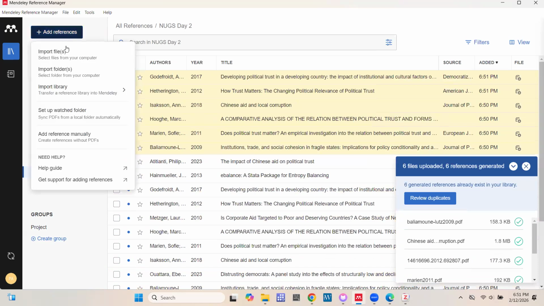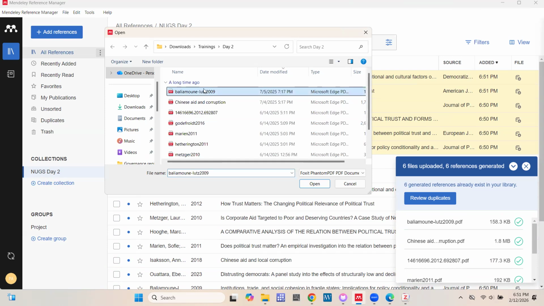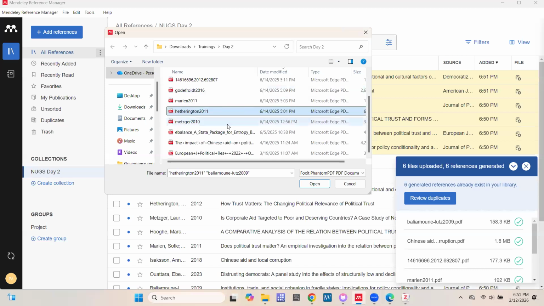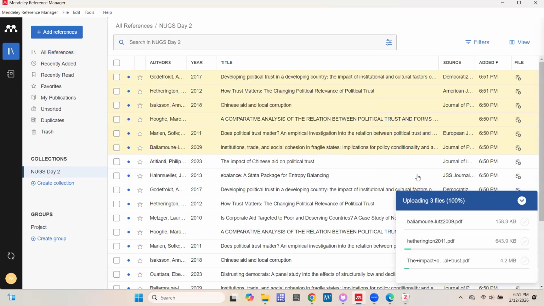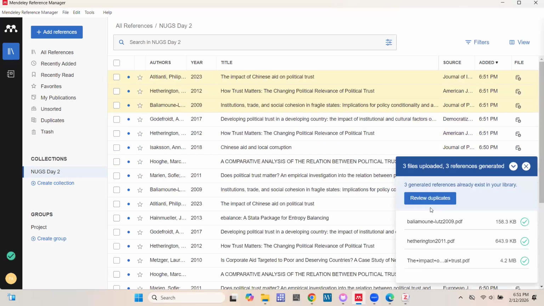So those are the approaches you can use to upload multiple files. Either you upload the folder or you go to the folder and select the specific files you want to upload. Maybe if I want to upload just 3 files from this folder, I just have to select the first one, hold down the Control key, select another, hold down Control, select another, and then I can choose open. And then it will upload those particular files I have selected. But now we have a lot of duplicates, and later we'll look at how to work with duplicates.